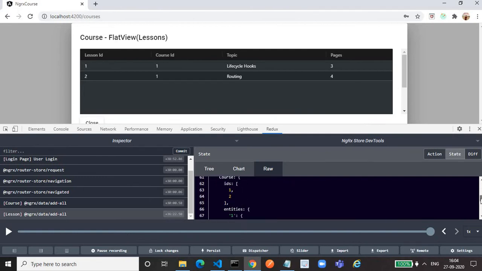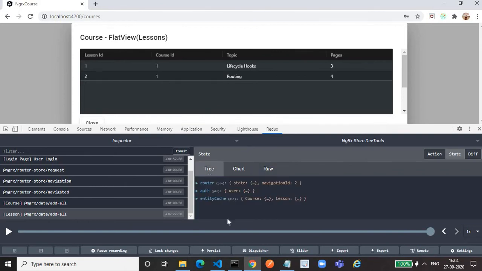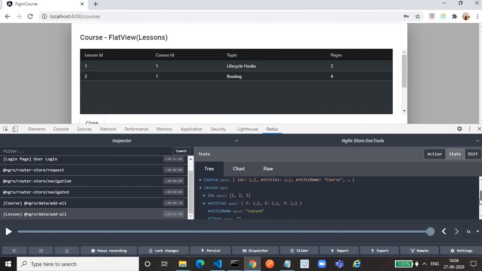Now let me go to the tree structure. If you see in the entity cache, now we have course as well as lesson. In lesson also we have IDs of lessons and entities. If I expand, you will find within the ID array there should be 2 IDs because we have 2 lessons.